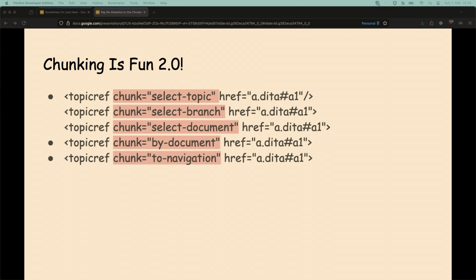If you asked the audience here, does anybody use any of those, or has anybody used any of those? Yeah, that was my next question. Are you using them? Select the document. Sorry, by document. Okay. Because by document in Open Toolkit is the default. If you use it, it doesn't do anything. And depending on whether you're publishing to PDF or HTML, the select effectively is different, but it really isn't.